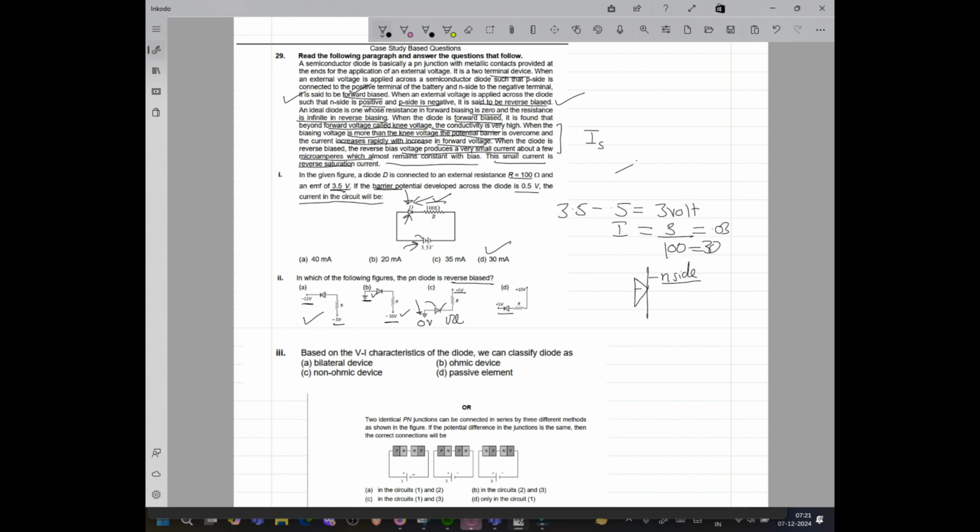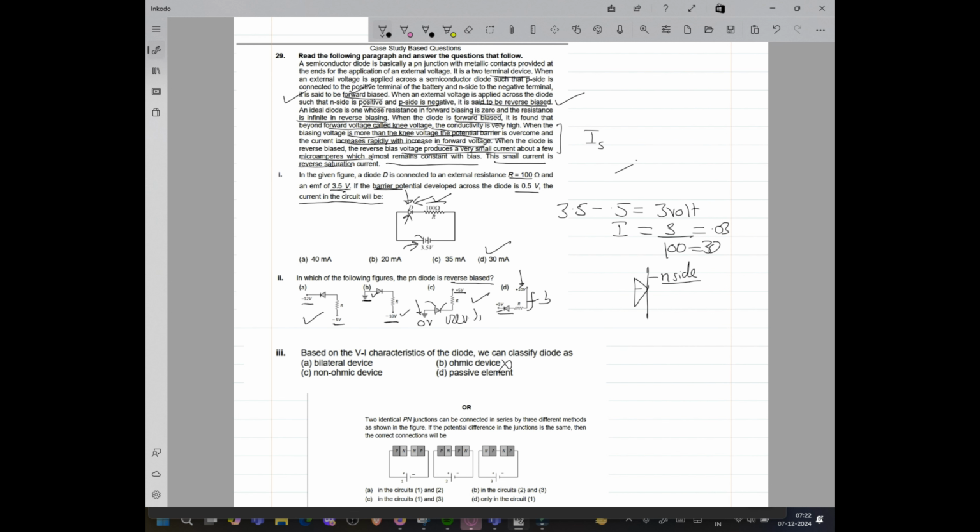And let's evaluate this. The positive side is connected to 10 and the negative side is connected to 5. So this is also forward bias. So this is the only one which is reverse biased. Okay. Based on the VI characteristic, we can classify diode as, okay, first of all, the straight answer is it